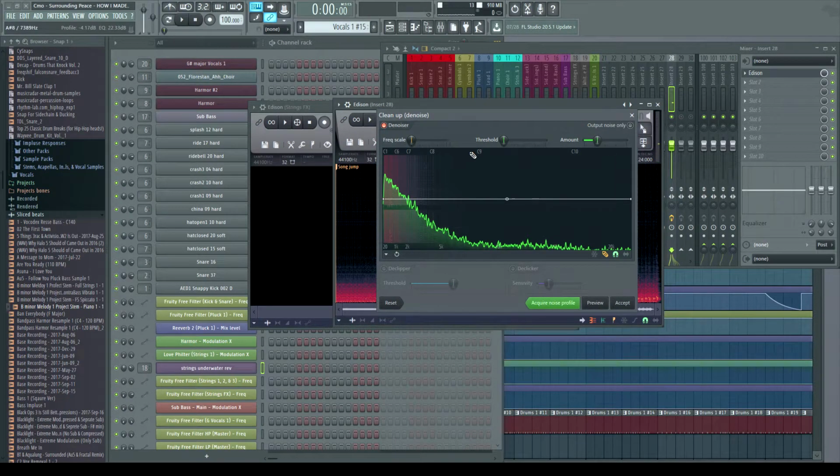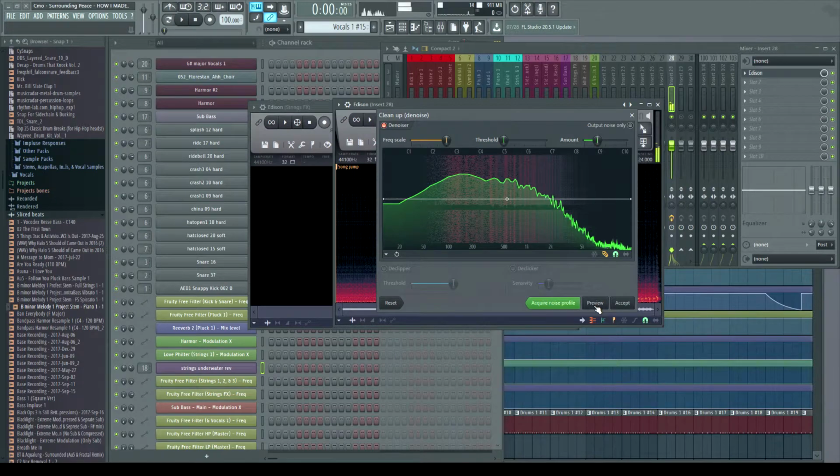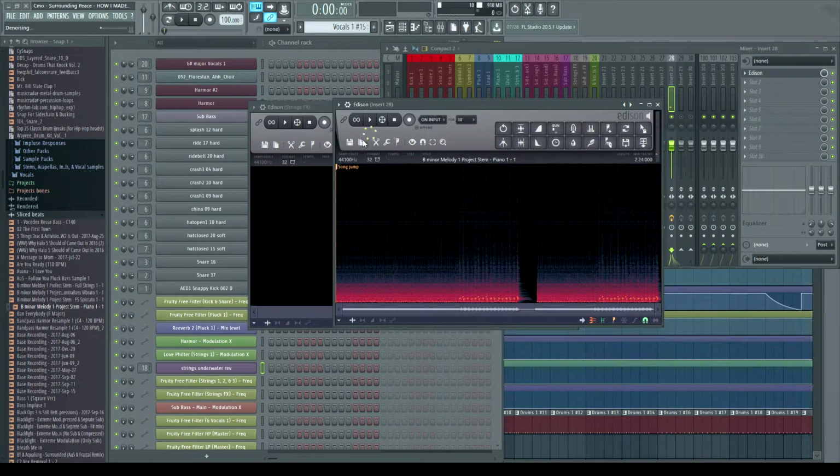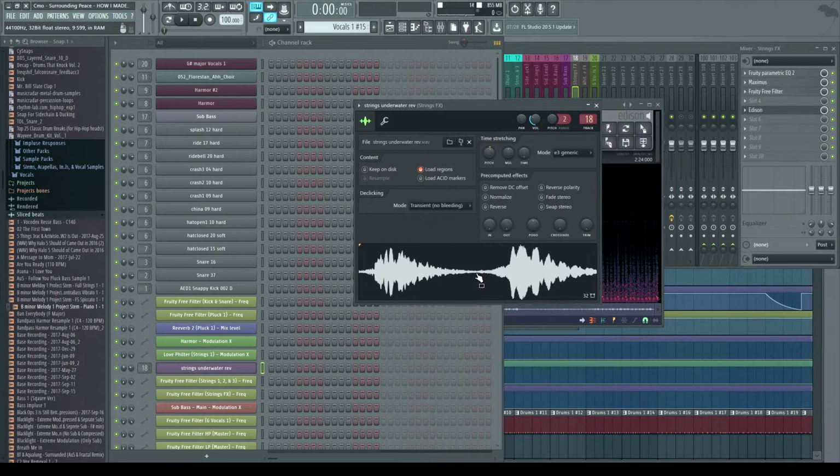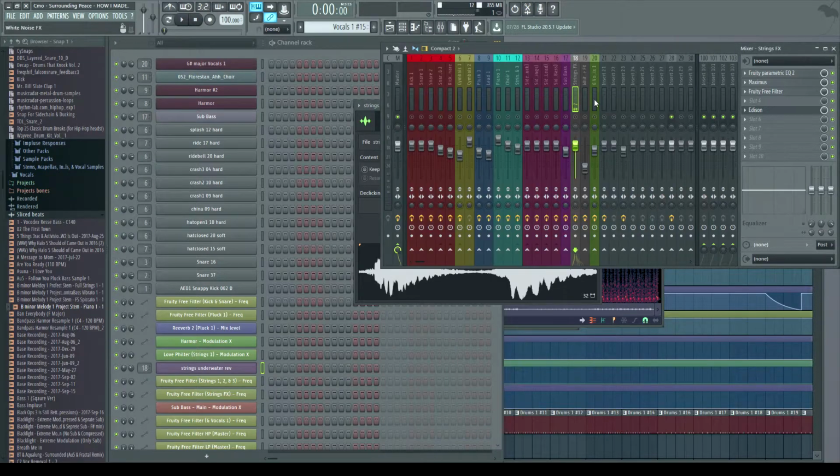And so if we want to actually do a lot of cool stuff with this, basically you got that going on there. Now, once we've done that, we've created more of an underwater sound that is not too dissimilar to the actual stringed underwater sound effect that we got going on here, which is not playing at all.